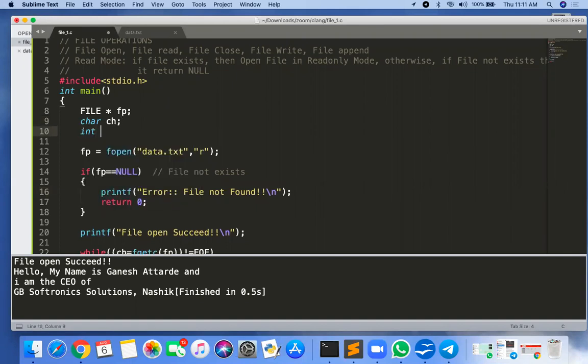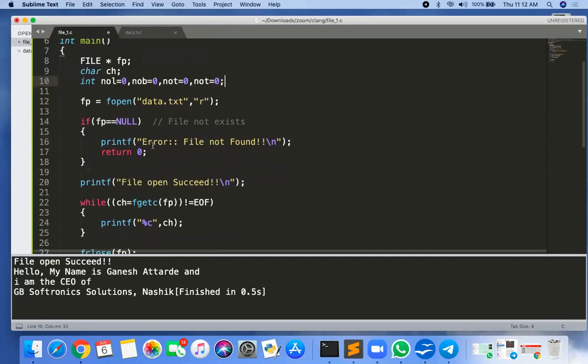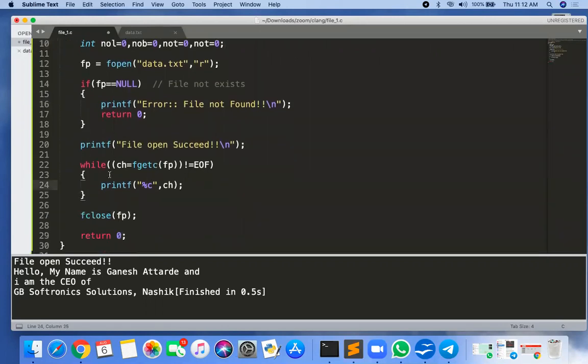First we need to define the count variables. Okay, so the first one is the number of lines, the second one is the number of blank spaces. Okay, number of blank spaces equal to 0, and the next one is the number of tabs present. Okay, and one more thing, the total number of characters present, equal to 0. So all of these are primarily 0. Then now first,